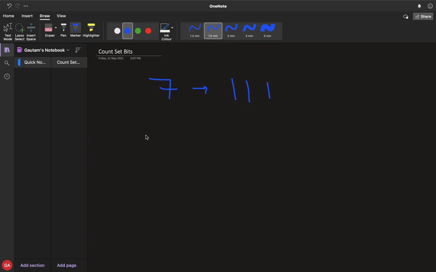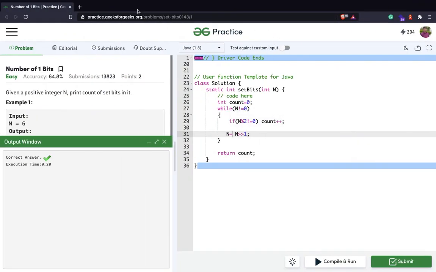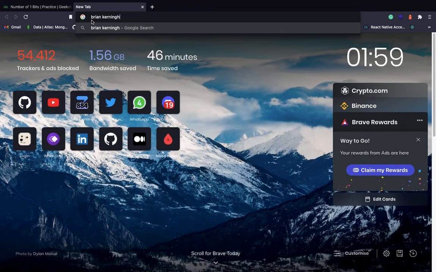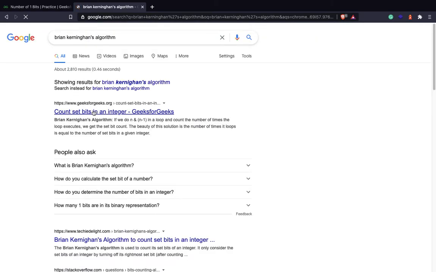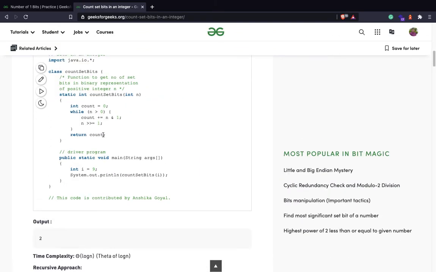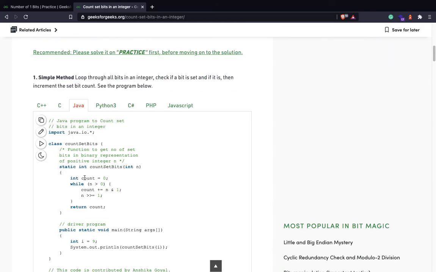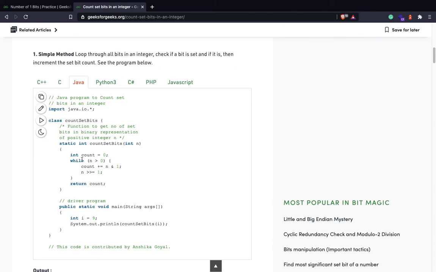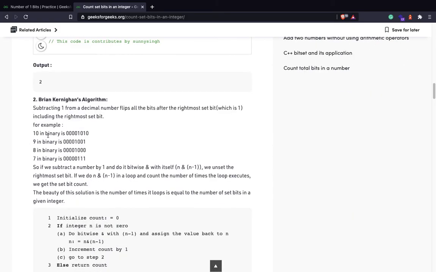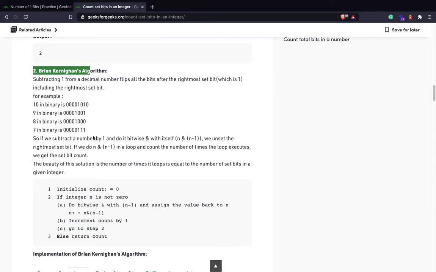Let me open the code for Brian Kernighan's algorithm. I think it's a simple approach. Yeah, so this is the algorithm.